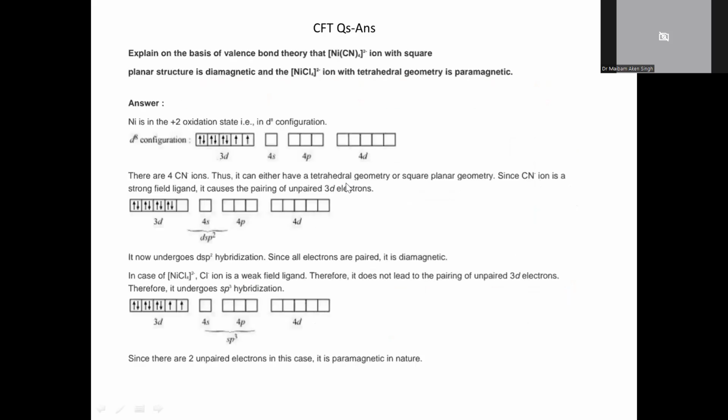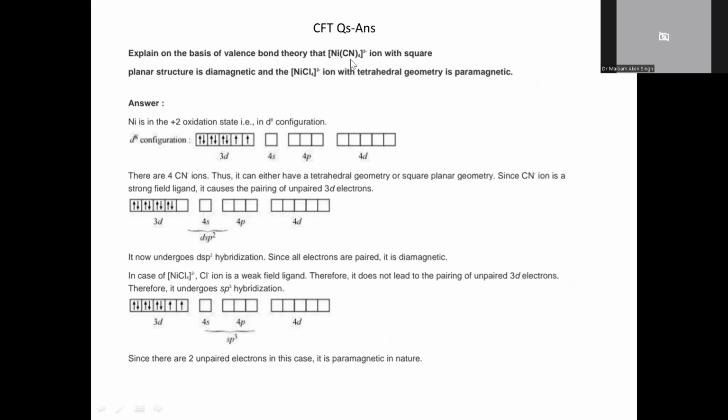So come to the next. Now let us consider some questions just to remember the theory we have learned, valence bond theory. Here, explain on the basis of valence bond theory that nickel